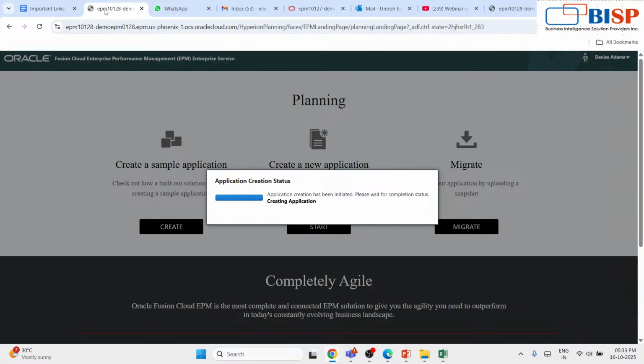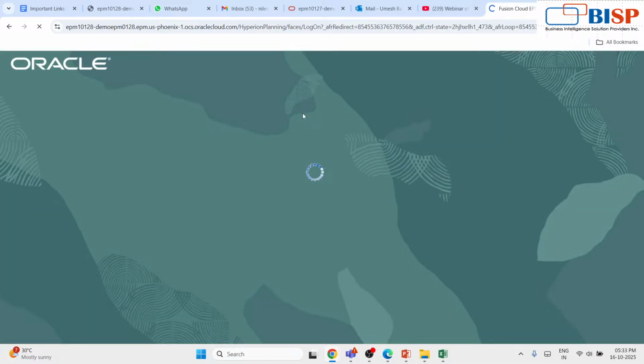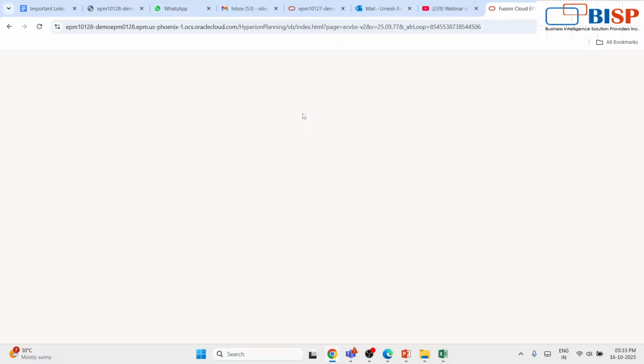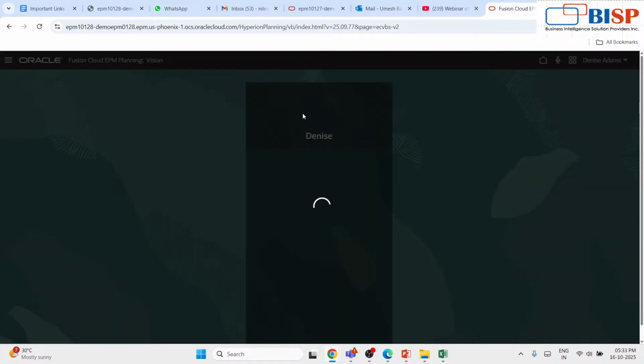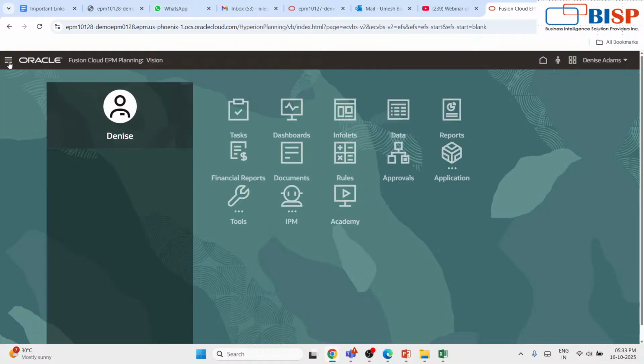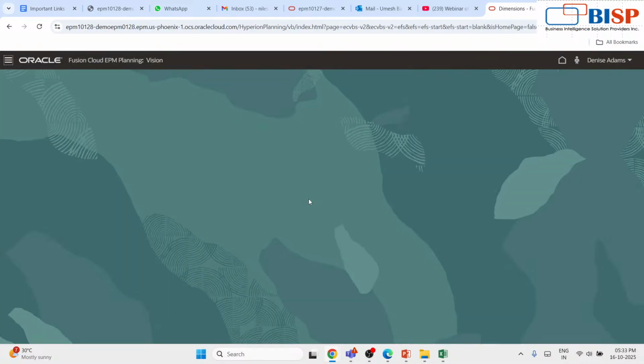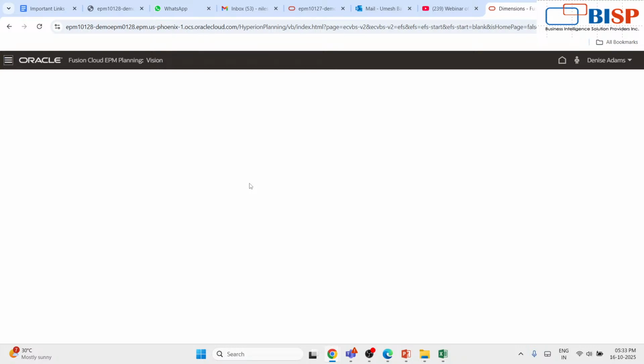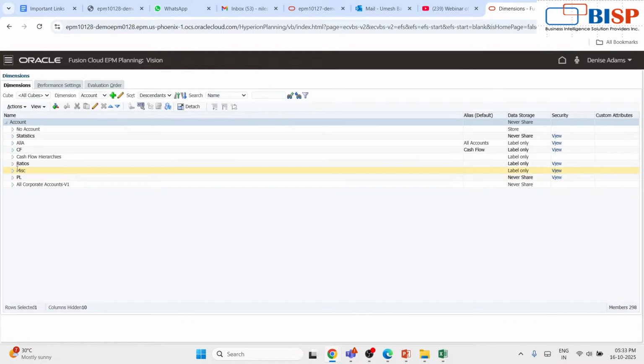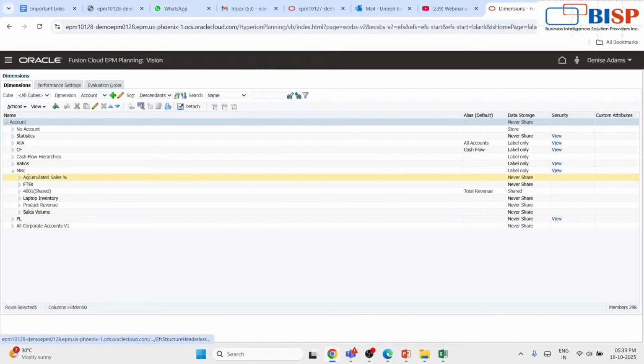Yes, we are facing some problems here in the application section. I think now the application has been created. So we will just go to the dimension. Yes, we have created the application, but we did not create it the